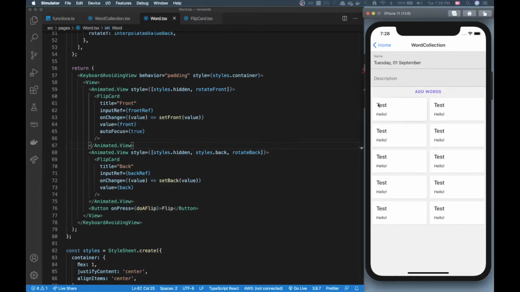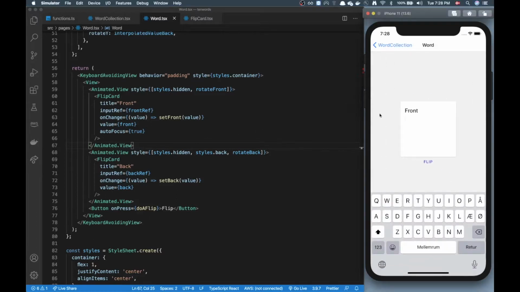On the right side you can see the final app. So here I have a front, I can write something and I can flip it, and on the back I can also write something, and it's working pretty well. And I'm gonna show you how I